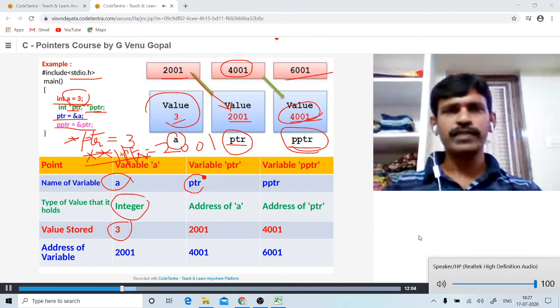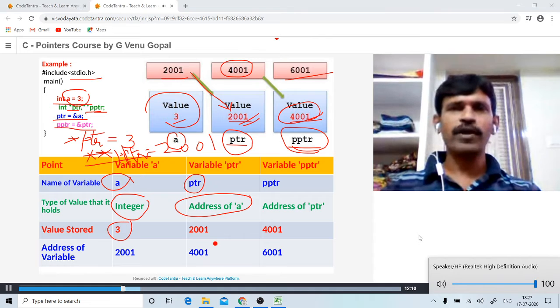Similarly, PTR is a pointer variable, it holds the address of a, that is here in this example 2001, and the address of that variable is 4001. Similarly, PPTR holds the address of PTR, 4001, and it is created at 6001.